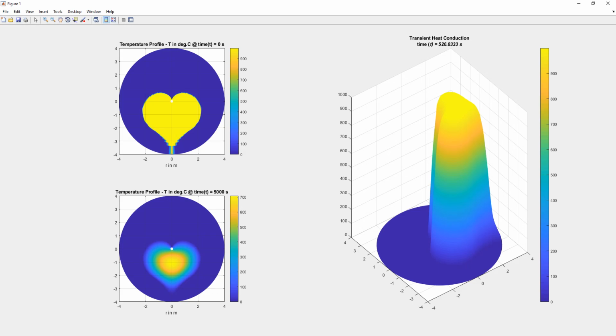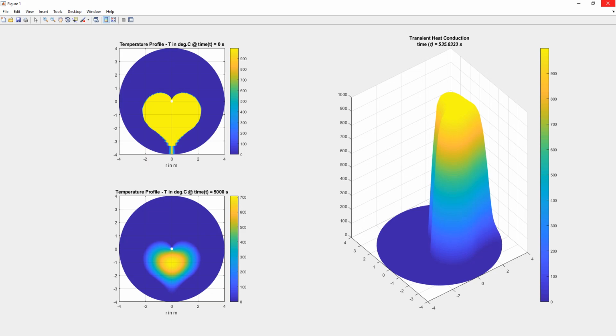On the right-hand side we see the animation, for example, at time equals 530-odd seconds. This is going to run till we hit 5000 seconds. So we'll close this screen and we'll run a simpler case to verify